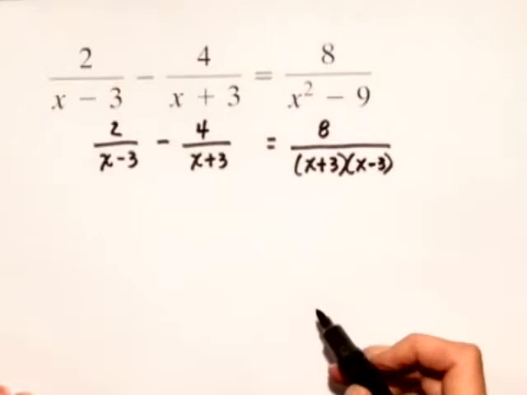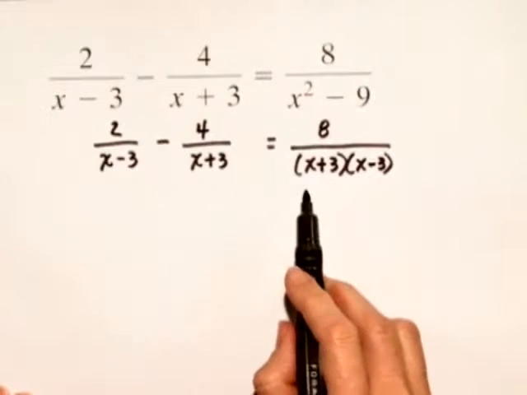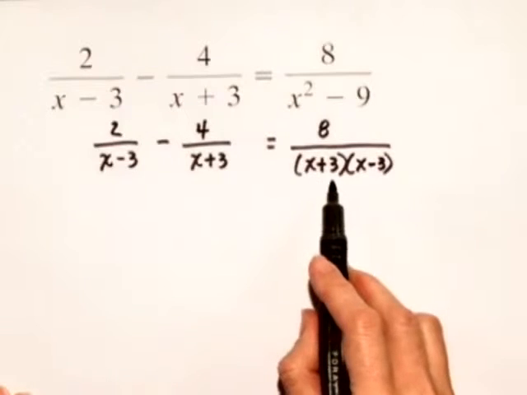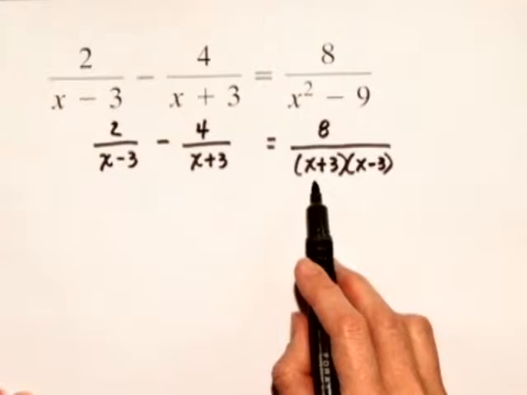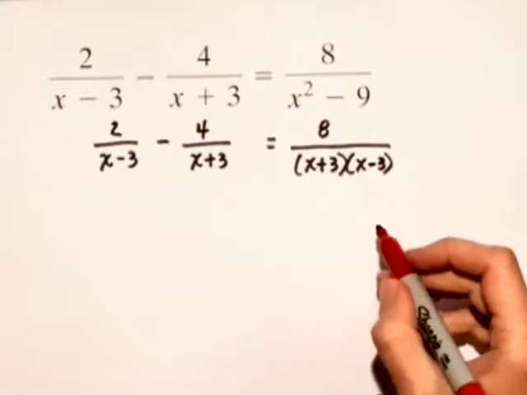Now, we want to clear these fractions. In order to do that, we can multiply both sides of this equation through by the least common multiple of the denominators. In this case, it would be x plus 3 times x minus 3. But before we do that, since this is a rational equation, we want to make sure we take a look